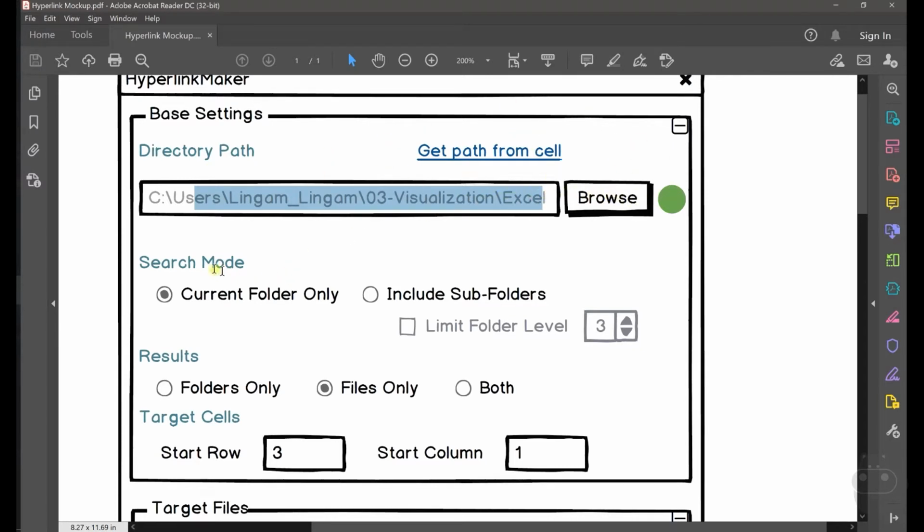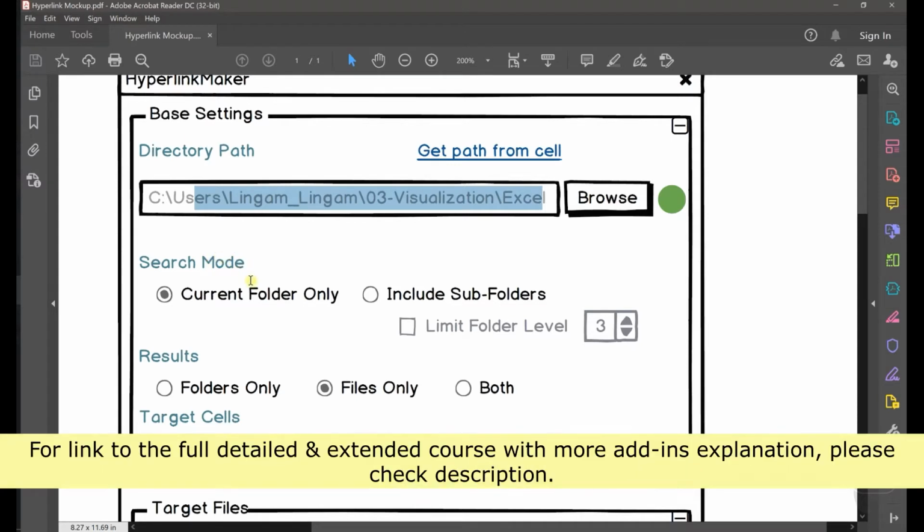Controls. And then search mode, we know that we are going to scan a folder, but in the folder we might also have several subfolders. Sometimes even the subfolder will have another subfolder and another subfolder, and might go on forever. So we need to decide whether we are going to fetch the files in one folder, I mean like in the top level, or to every sub level, or if it is going to be in every sub level, are we going to limit the level, like just to go up to one or two levels and then stop it.